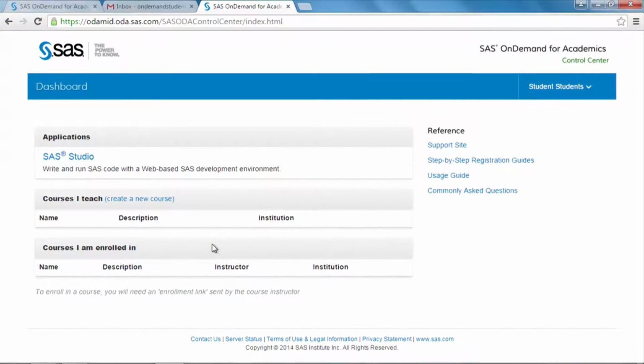On the right, we've got some good resources. The support site that'll take you back to the on-demand homepage. Step-by-step guides for uploading data, registering, everything that we're gonna show you in this video. And then a more in-depth user guide that talks about SAS Studio and the other applications, limitations, features, things like that. And last but not least is the good old FAQ, or the commonly asked question. And so if you've got kind of a simple question, you could probably go there and find it. It does have a lot of good information.